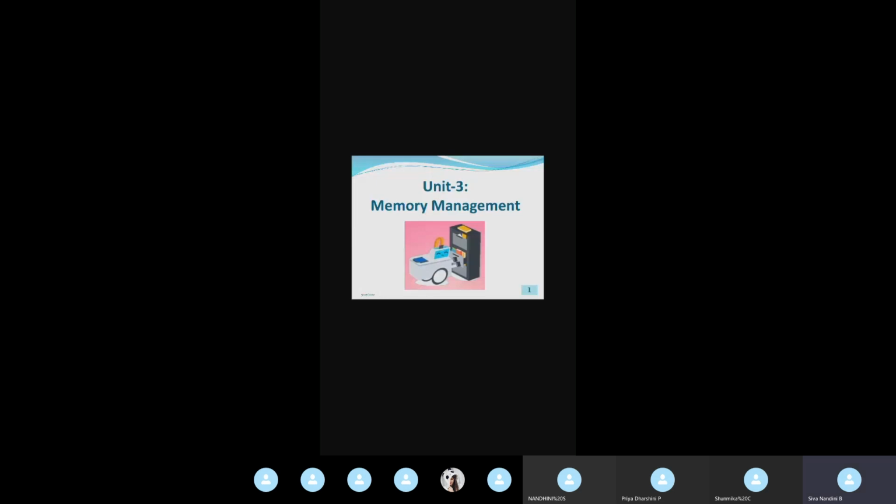Okay, and then we saw about memory management techniques. We saw two types of memory management technique. One is non-contiguous, another one is contiguous memory management. In contiguous memory management technique, we saw fixed partition scheme and multi-partition scheme in last class, and we started about segmentation. Segmentation belongs to non-contiguous memory allocation.